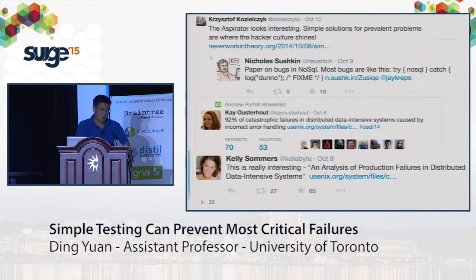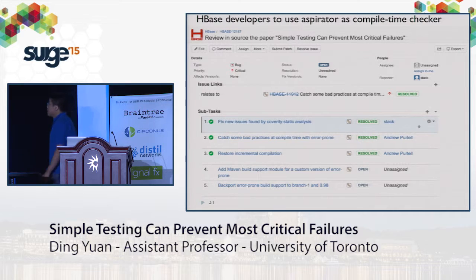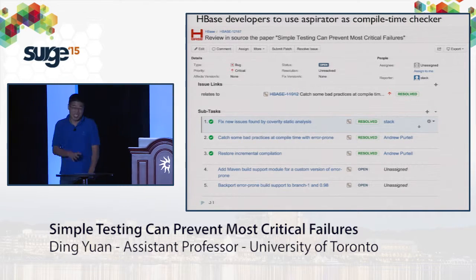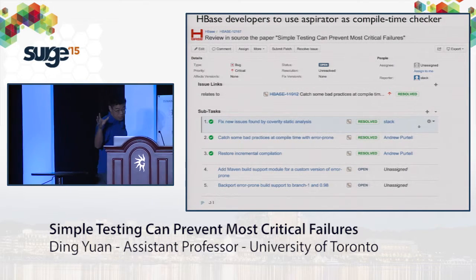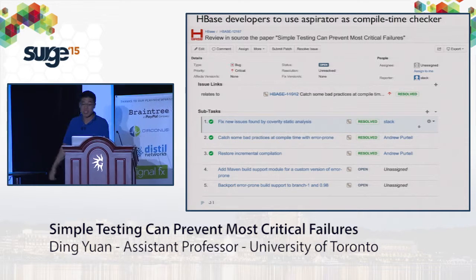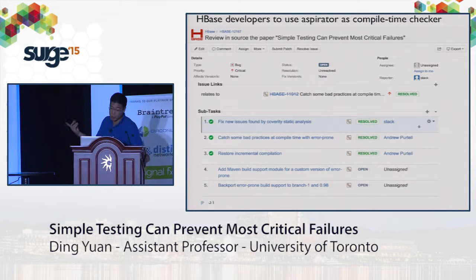And actually this week I was told that at the Cassandra summit, in the keynote, they were discussing our result. And if you remember in my previous slide, you might see that HBase has the most number of bugs. But actually, HBase developers took our paper really seriously.